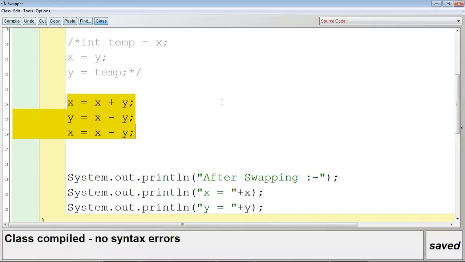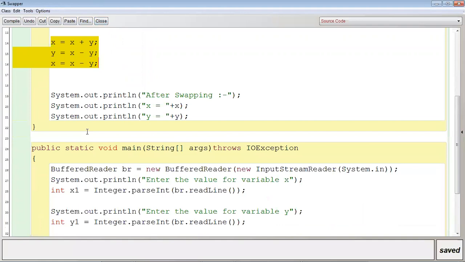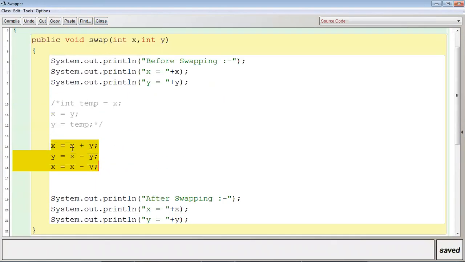I have not written the complete program because in the previous video class, I have already told you about all these things. The same thing is there, just I am changing these 3 lines and writing these 3 lines. Clear? So these 3 lines were the logic where the third variable was used, and in this logic the third variable is not used. By using those 2 variables only, x and y, we are swapping the values of the variables. Is this clear?